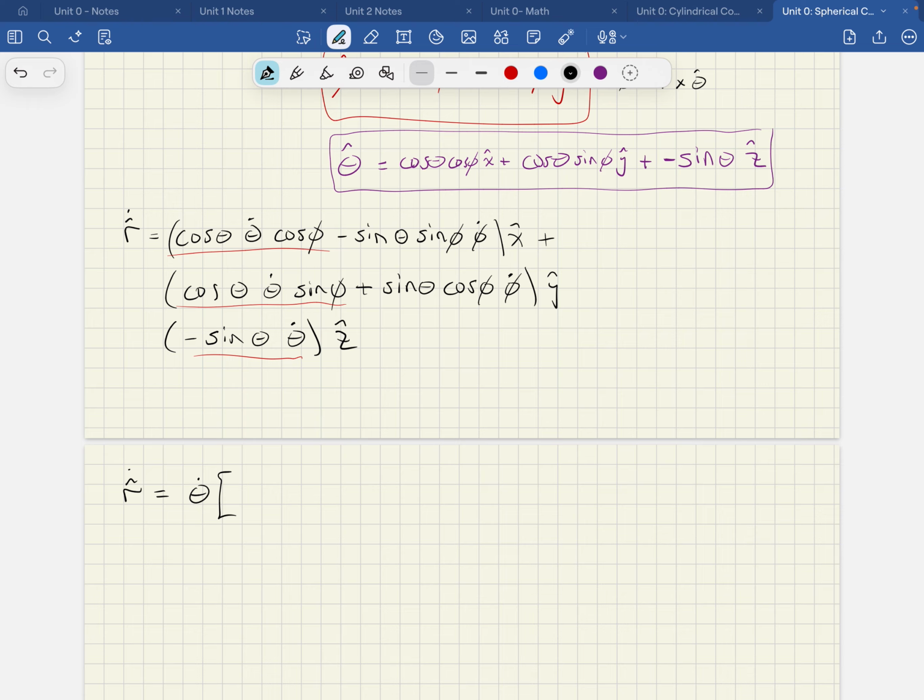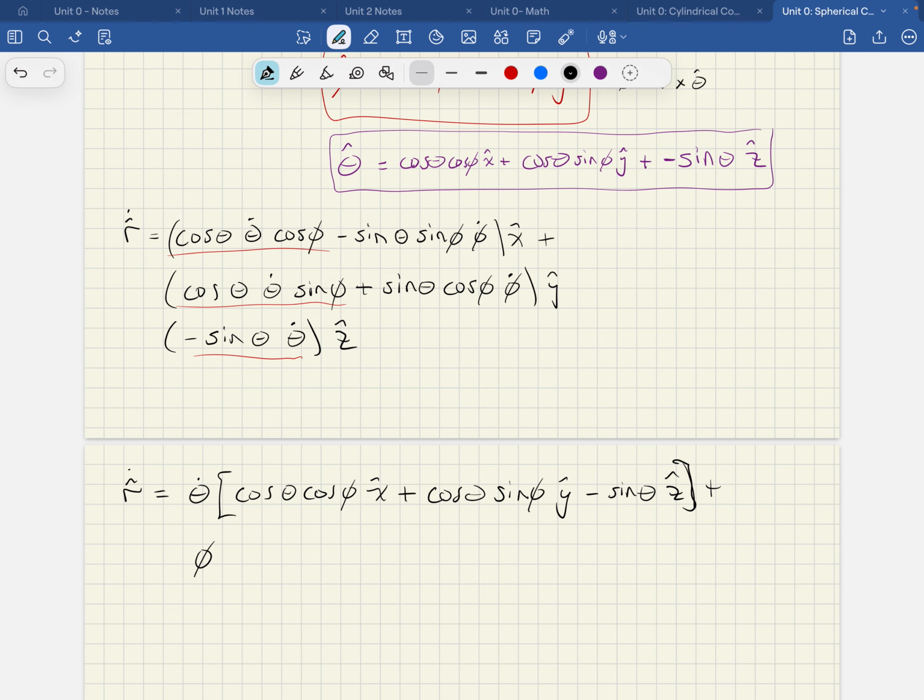Okay, so that's going to be cos theta cos phi x hat plus cos theta sine phi y hat minus sine theta z hat, okay,